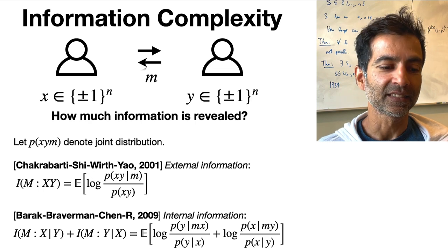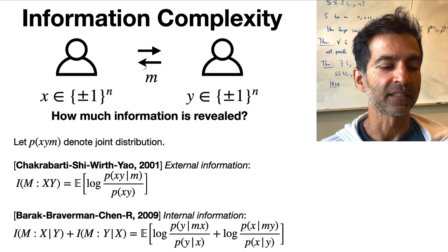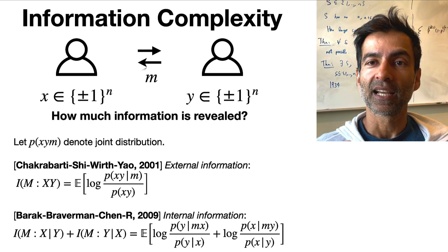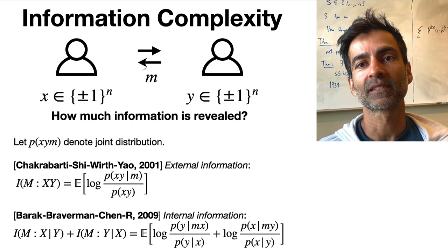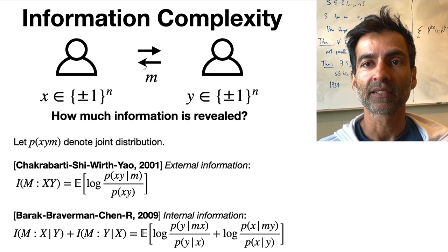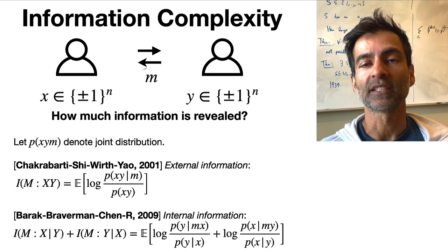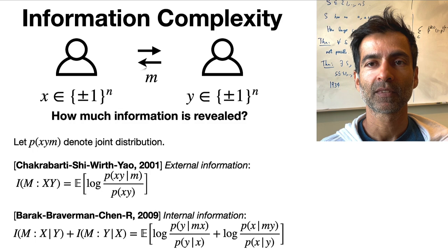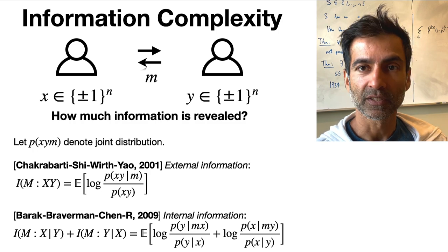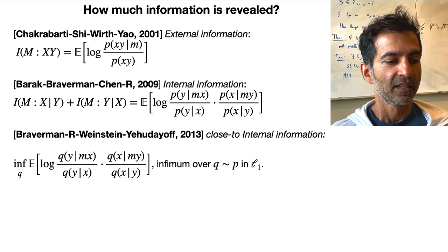So in fact, the proof that we came up with in Barak, Braverman, Chen, and my work used both this kind of definition, which came from parallel repetition, as well as other concepts, the concept of correlated sampling, which was also developed in the context of parallel repetition, and we adapted those ideas to this setting. Okay, so that's where those ideas came from.